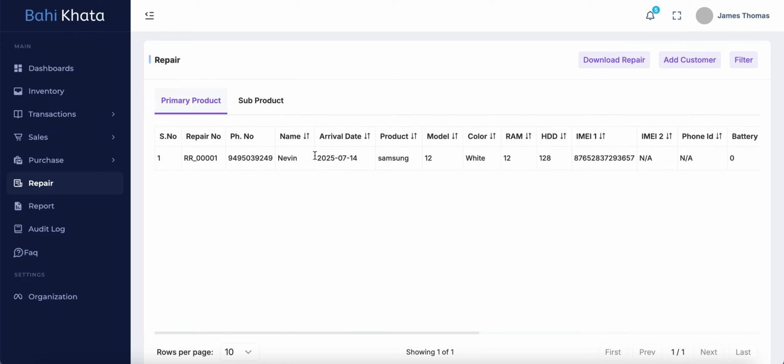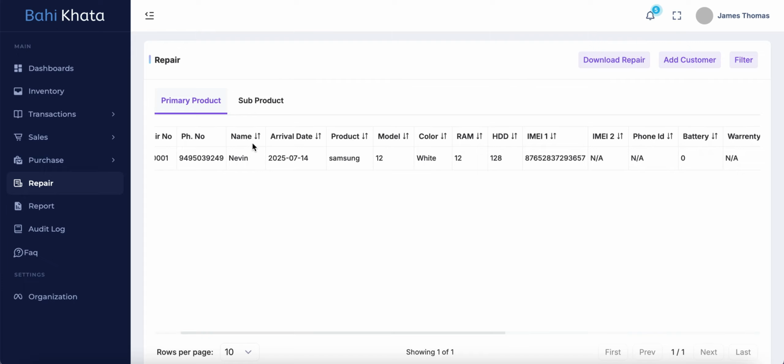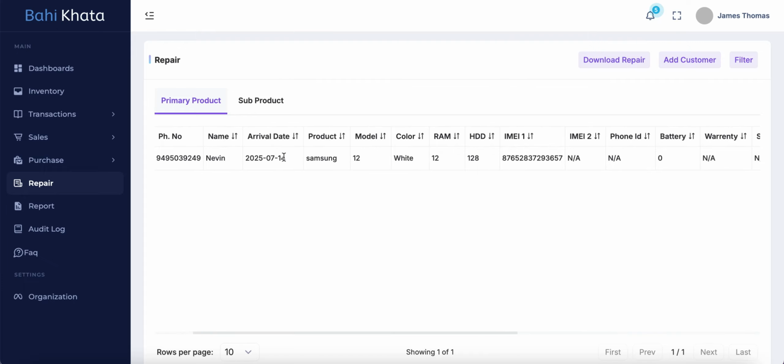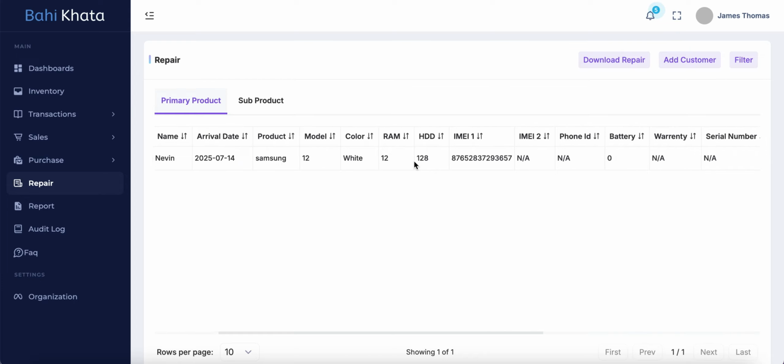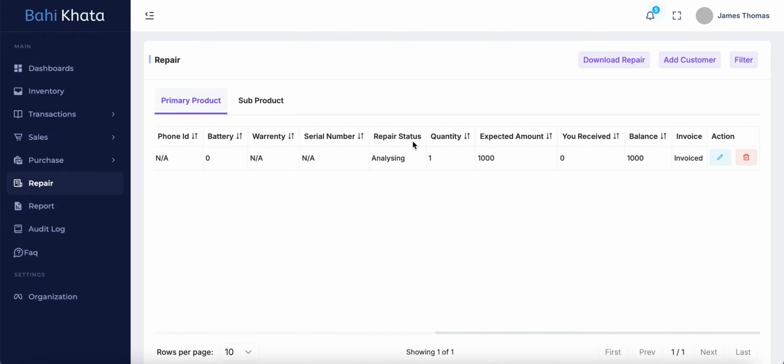So as you can see, we are getting the repair number, phone number and the name of the customer. Then we have the arrival date when the item has arrived for the repair. Then we have the product details here: product name, model and color, RAM, HDD, IMEI number and so on. And then we have the repair status, which is currently analyzing for this product. And we can also view the quantity here, the expected amount. Then we have how much amount you have received from the customer and how much amount is balance from the